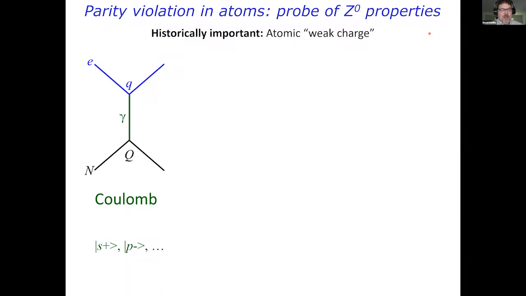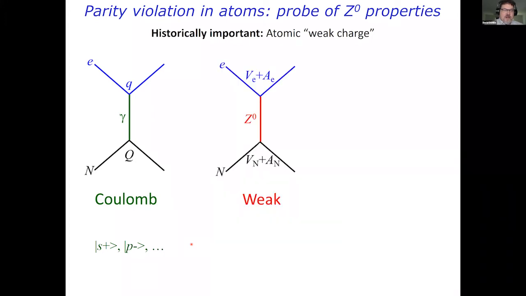So of course, in particle physics terms, as I said, ordinary matter is described by electromagnetism, chiefly the Coulomb interaction between electrons and nucleons in an atom. And of course, we know the eigenstates of these for a simple single electron atom are s, p, d, and so on states with alternating parity, even, odd, and so on. But in addition to the ordinary Coulomb interaction, there is also an electroweak interaction associated with virtual exchange of Z0 bosons between the electrons and nucleons in an atom or in a molecule.